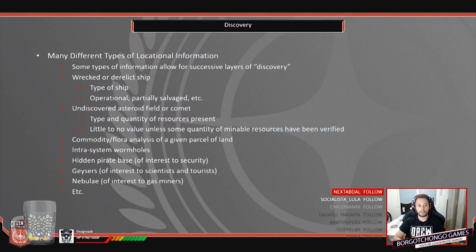And there are a lot of different types of locational information. And some of those allow for successive deeper layers of discovery, sometimes increasing the value dramatically and other times rendering the find